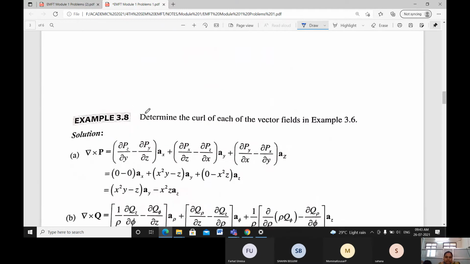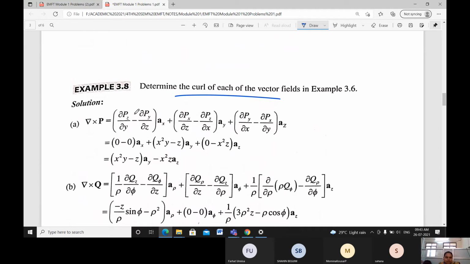Next, in the same way, finding the curl of a vector. Curl of a vector is going to be represented for the same question that was taken. We can go with the determinant way, or else I can use the direct equation: del cross p is dou pz divided by dou y minus dou py divided by dou z. If you are confused on this part, go with determinant form. Substitute as ax, ay, az, then dou by dou x, dou by dou y, then dou by dou z.